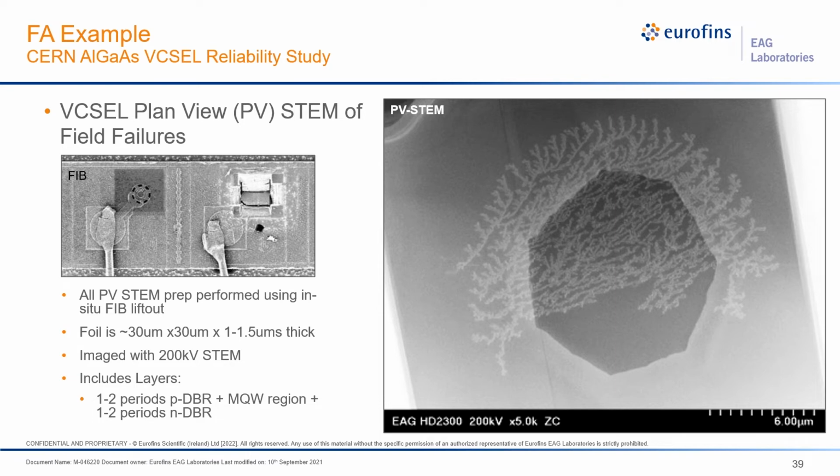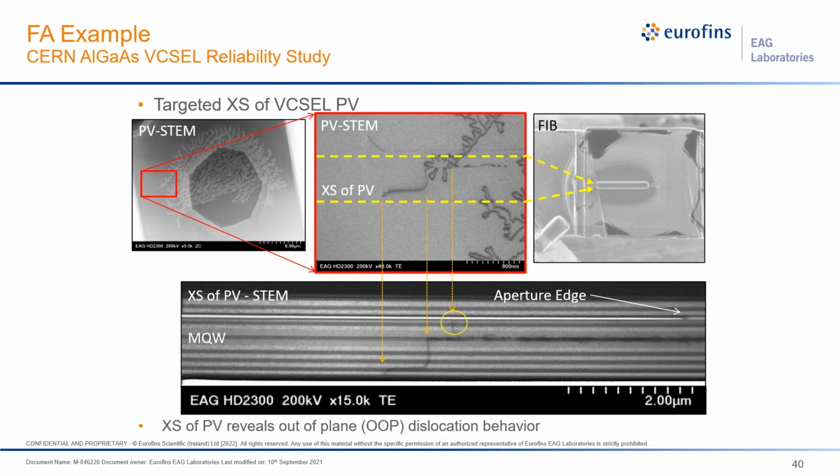Basically, these dislocations kill the device. Because this is a two-dimensional projection of a 1.5 micron thick TEM sample, the next question would be at which depth my dislocations are,